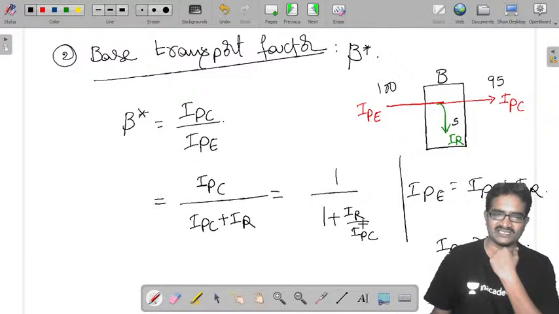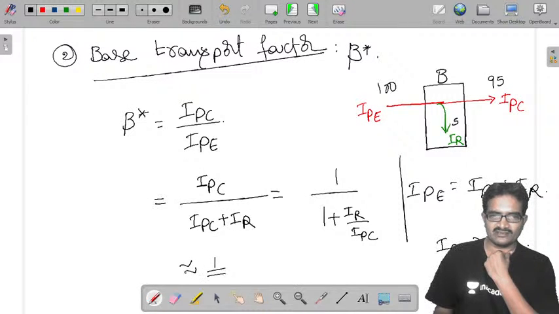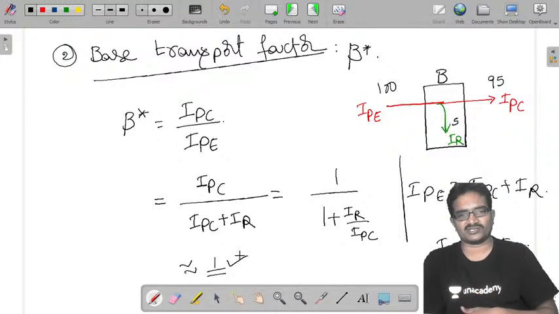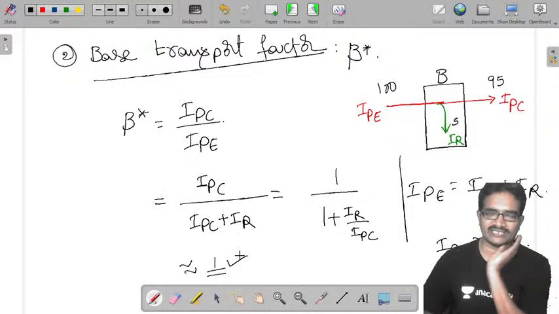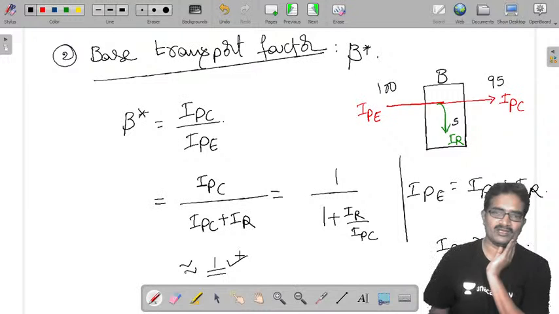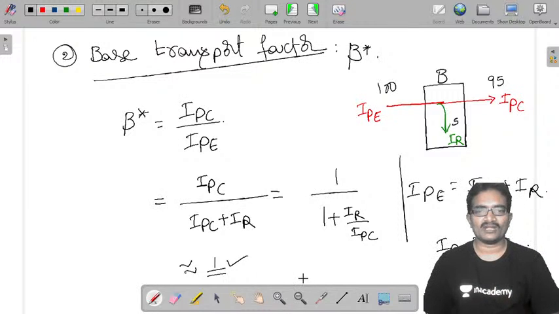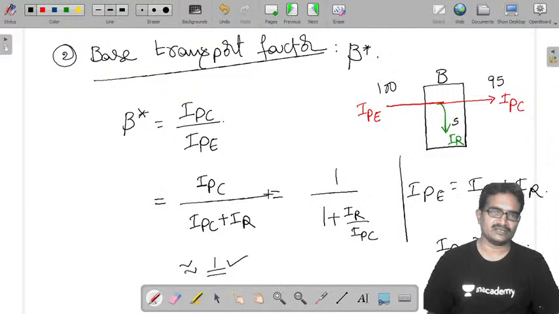So IR by IPC is much less than 1, therefore its value is approximately 1. So if you are taking ideal, approximately the value is 1 in this sense, your base is effectively transporting or exporting the charge carriers. Okay, now this is the second parameter, and the third parameter is